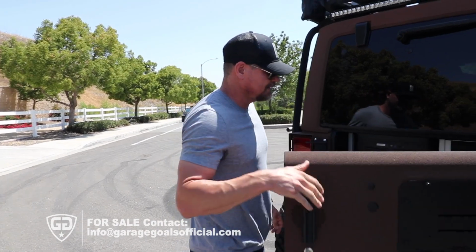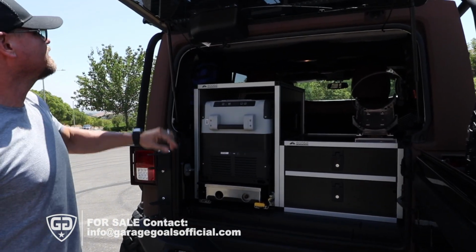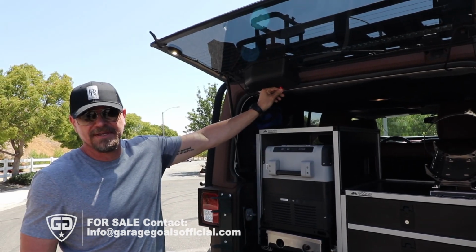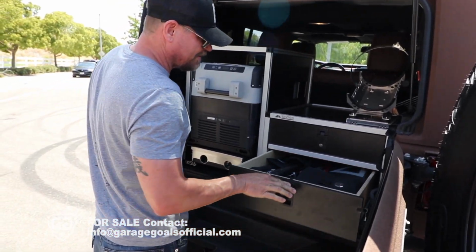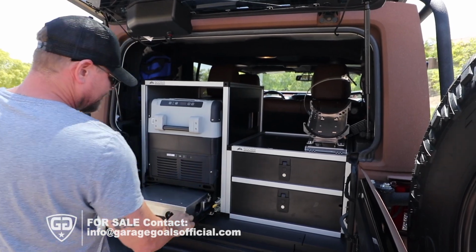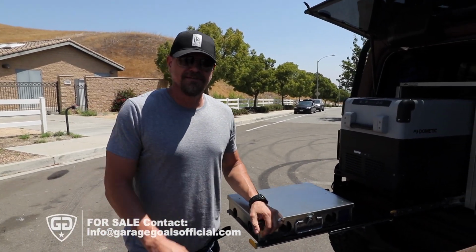Like I said, you gotta have some goodies back up in here. I have some lights put in, you know, gotta have some rigid lights back here. That way you can see when you're doing your thing, cooking up your rabbit. I got some gooseneck drawers, bunch of gear in here. That makes it kind of nice. This is like the badass deal right here. You gotta have this, boys. If you got a Jeep and you don't have this,